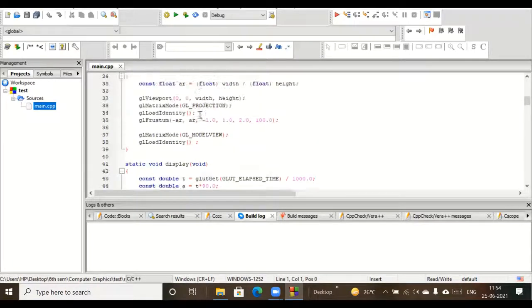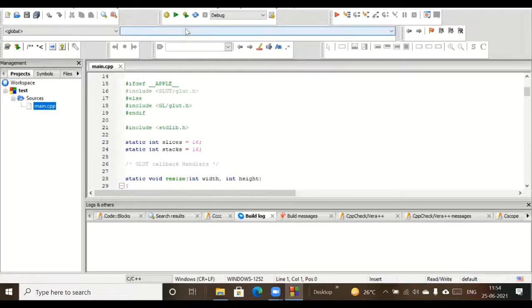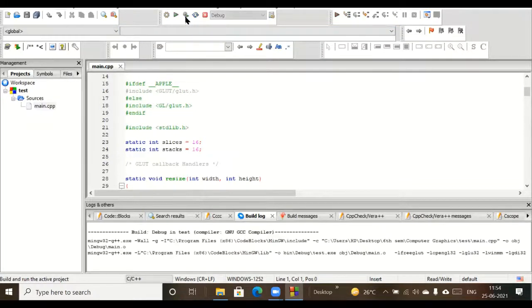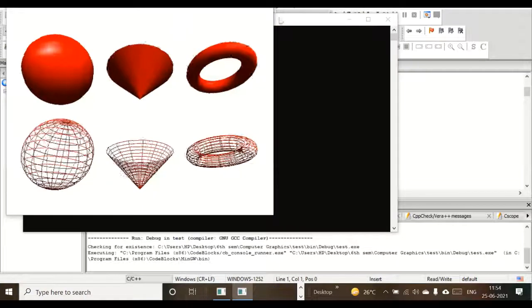Since we are running this program the first time, we need to click on the Build and run button. I will click on it. This is the output we get. This is the 3D cube output. So this is how, guys, we can proceed with installing CodeBlocks and FreeGLUT, copying all the folders, replacing the certain parameters in those particular files, and then proceeding with coding and running our program.